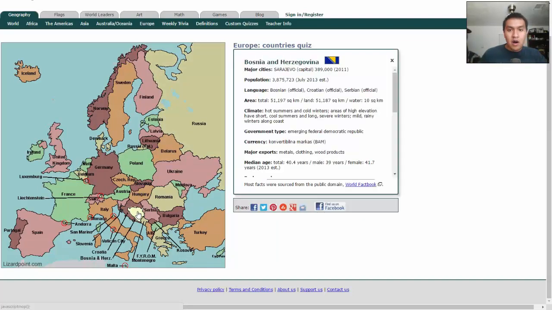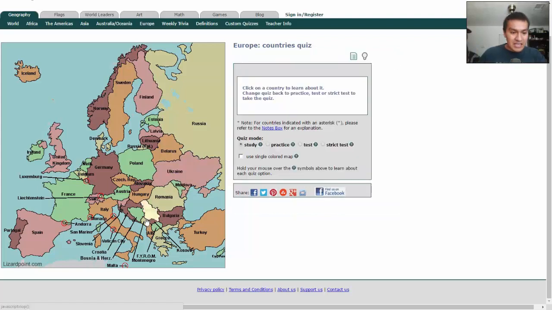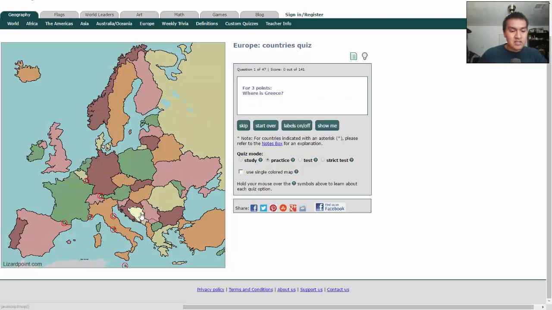Here we go. Bosnia and Herzegovina. And so that's right there. And so what I see is Bosnia, I think of Oz. So I think of the characters from the Wizard of Oz kind of running away from this monster. Herzegovina, I think of Hershey. And so they're eating chocolate when they get chased by this monster. So that's what I picture for that. So that is this country right here.